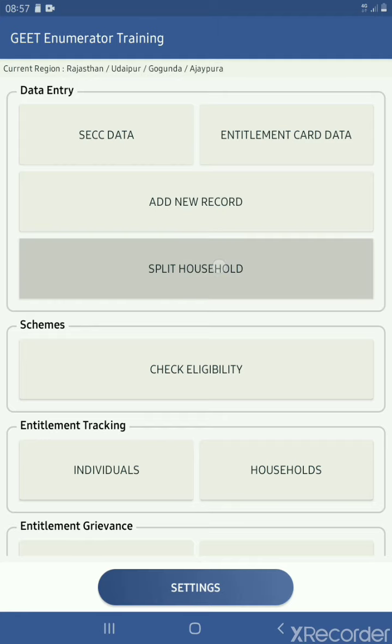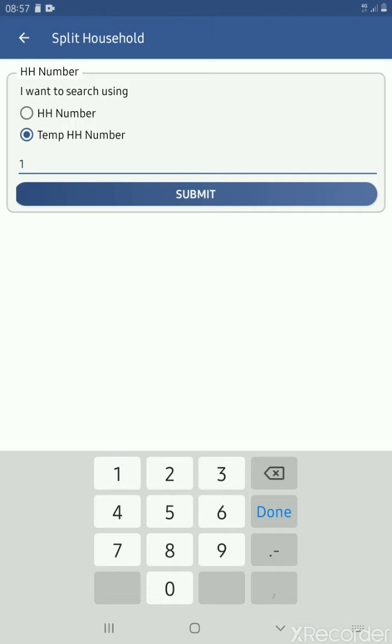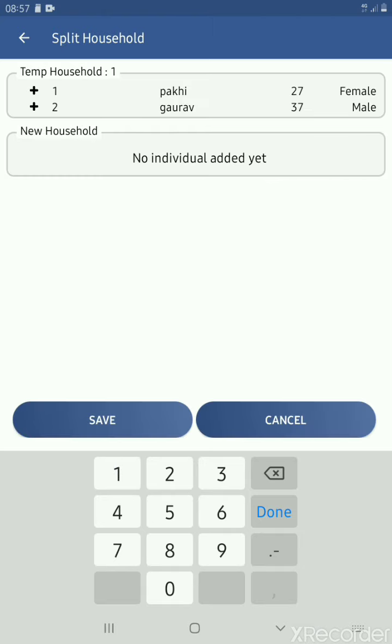Now if we go on split household, we will click on the temporary household number and search our household. Now we can see there are two members in this household, that is Paki and Gaurav, and we can click on the plus icon of any of the beneficiaries.